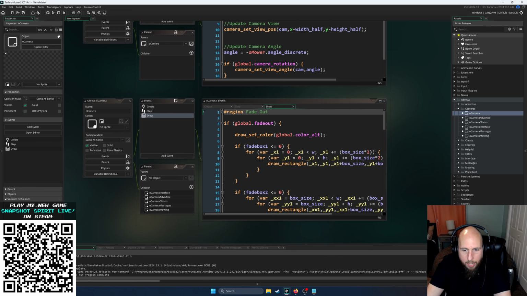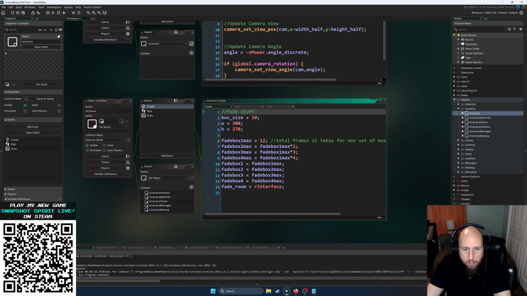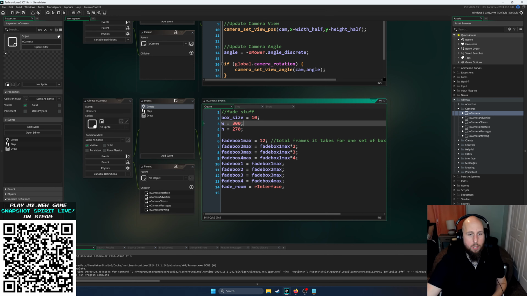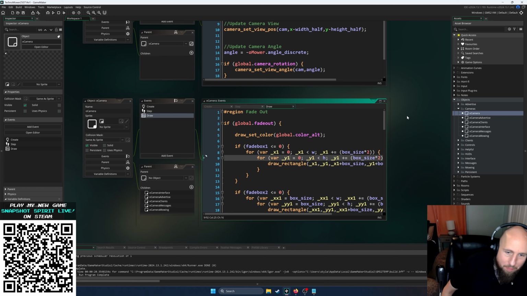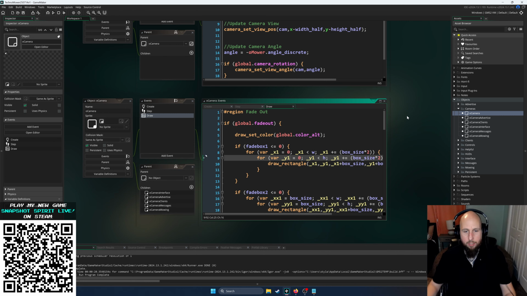So right now, I have width and height hard locked. And it's just drawing in the room. It's not drawing in relation to the camera. And I was going to fix that, and now I remember that I was going to fix that. So, it will have to be